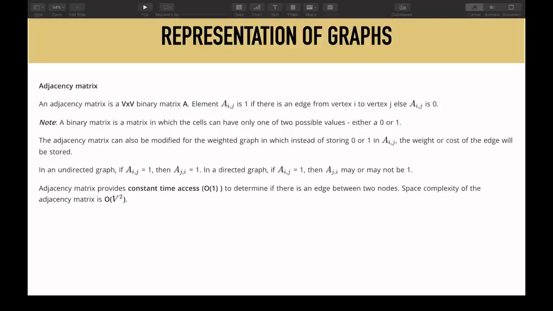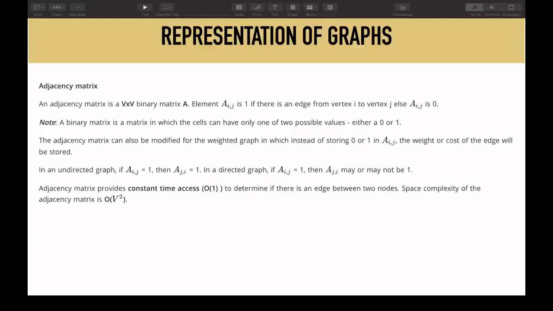If you see the matrix, let us say there is a node I and a node J, and if they are connected by an edge, then in the matrix at the ijth cell, I represent that value by 1, and if there is no edge between two nodes I and J, then the value is simply 0.